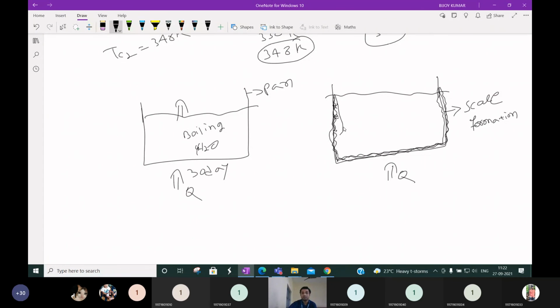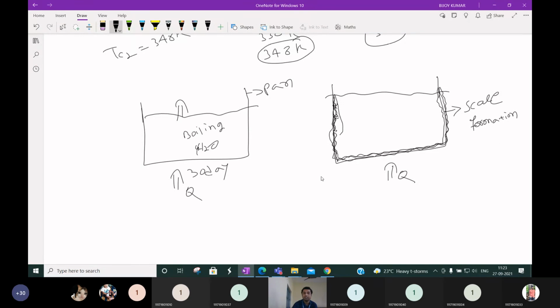Why did counterflow come? I'm not discussing this counterflow, parallel flow. I'm discussing just a normal boiling pan. If you boil the same water up to 30 degrees centigrade without cleaning it, you will find some precipitate deposited on the surface of this metal boiler, metal pan. What is that? That is called scale. What are these? These are nothing but the dissolved solids or dissolved salts that we have in the water, and during the boiling they get deposited here.